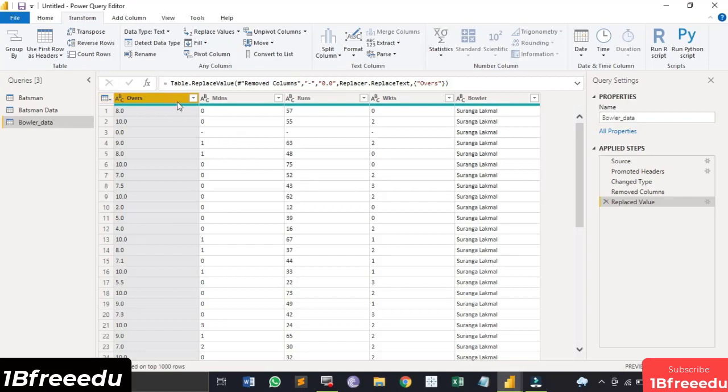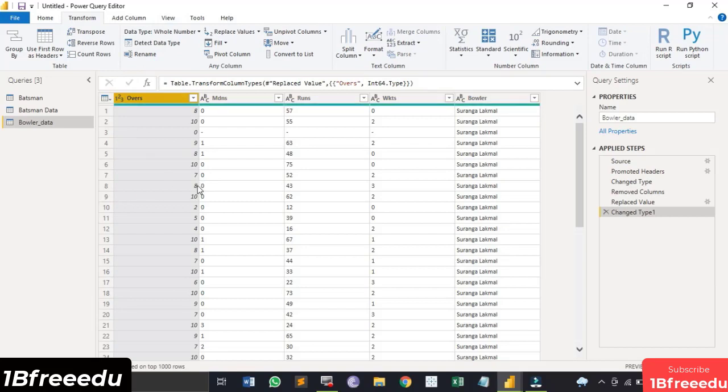And what I'm going to do is, instead of the actual values of overs, like you can see 7.5, I'm going to take approximate values of overs, right? So what I'm going to do is change its data type to a whole number. So for 7.5, we now have this 8 as the value.